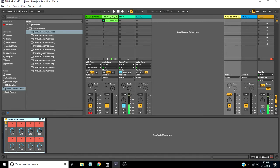The tuned bandpass filters. When you open them, they pretty much look like this. What are they? Well, they are basically a series of parallel bandpass filters, in a similar way to a vocoder. That's basically what a vocoder is. It's a bank of parallel bandpass filters. You can't play these up and down the keyboard like you can with a vocoder, but